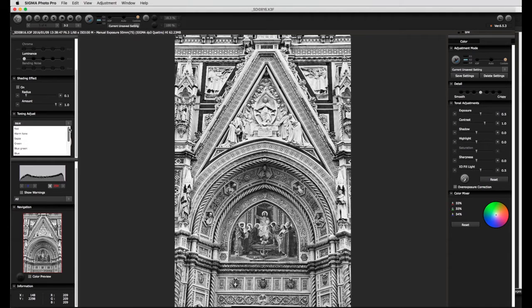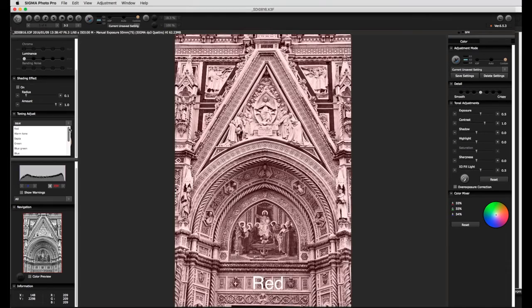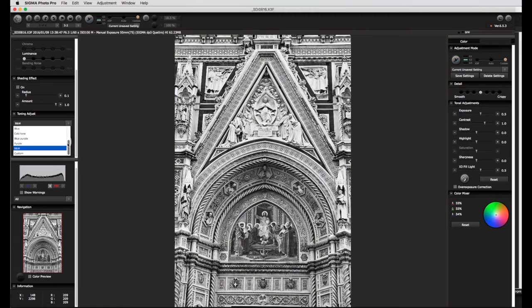I can choose different tone combinations as a start point from the menu. These include red, warm tone, sepia, green, blue-green, blue, cold tone, blue-purple and purple. Black and white is the setting to return to the neutral image. The corresponding combinations from each of the color channels will be shown and the white point moved to the appropriate